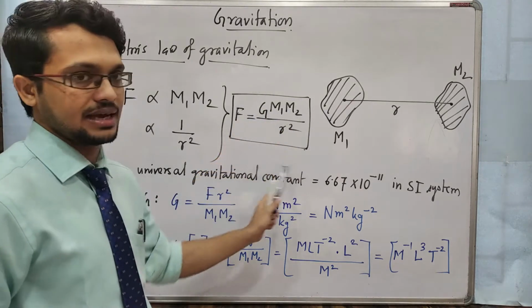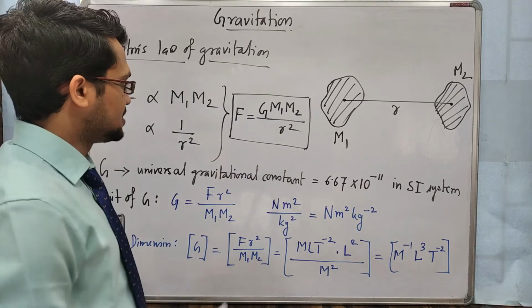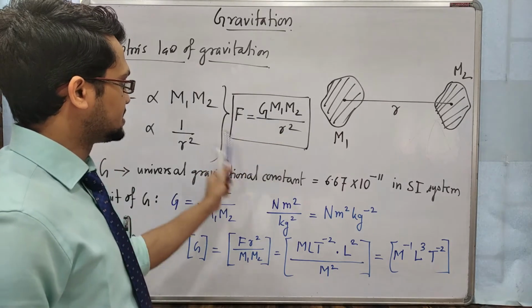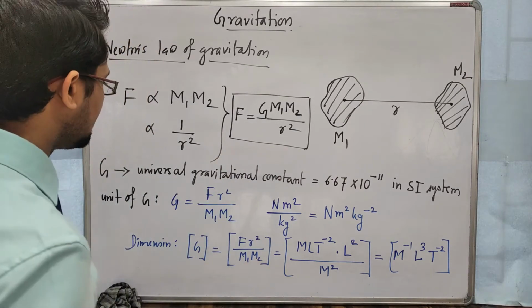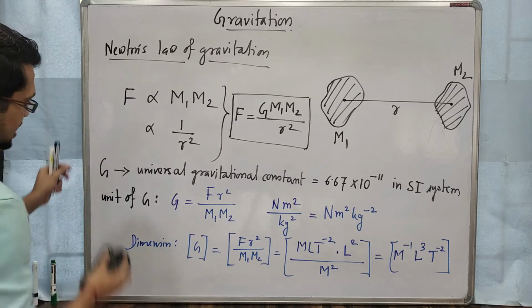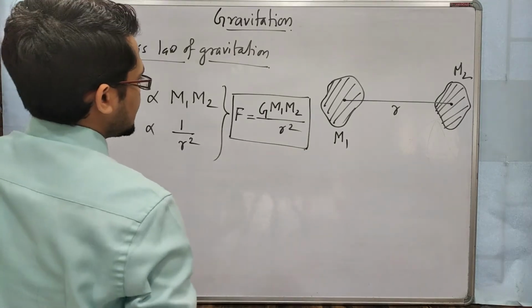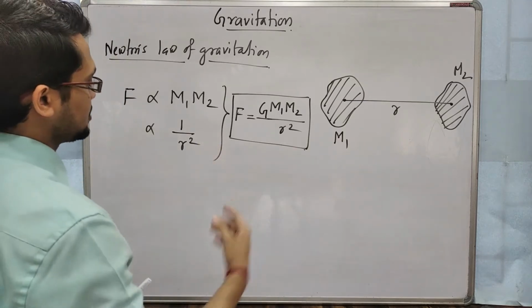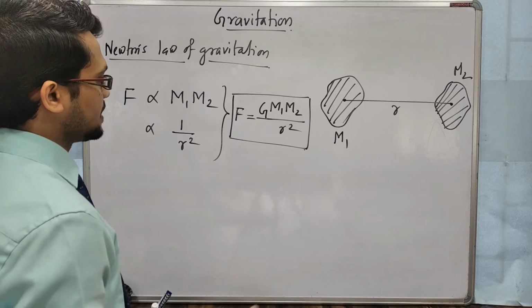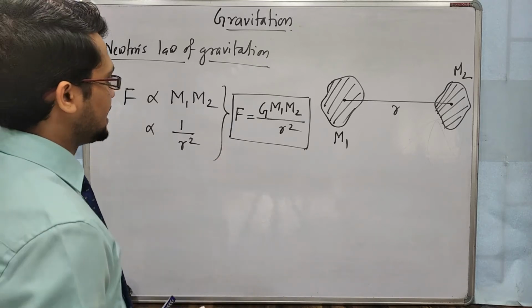I have written only the magnitude, but we all know that force is a vector quantity. That means we have to represent this equation in vector form. So what will be the vector form? Come to this now. I am erasing this part. First look at their properties, then I am coming to the vector part. If you look at the properties, you will automatically understand how F can be represented in vector form.